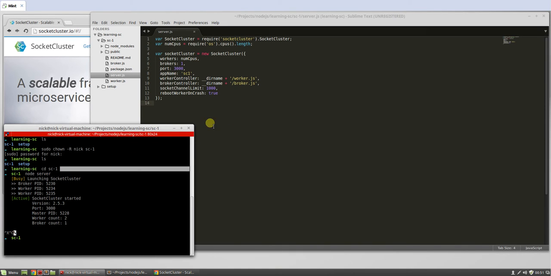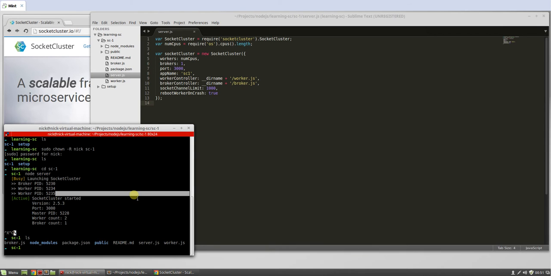Also, I like to do things through environmental files. So let's create an environmental file now. We need to install the package for